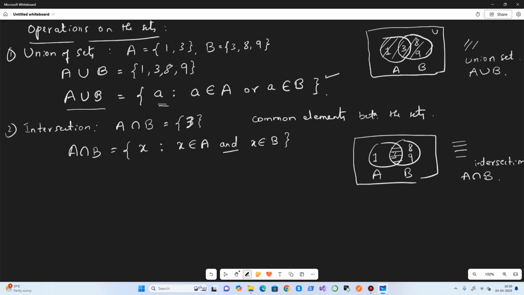We have to collect the common elements of all the given sets. That is the general definition of intersection. Okay.